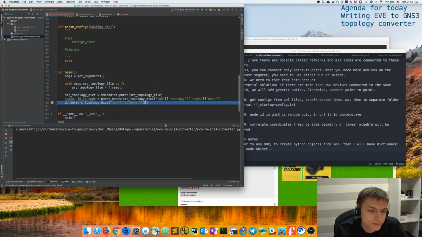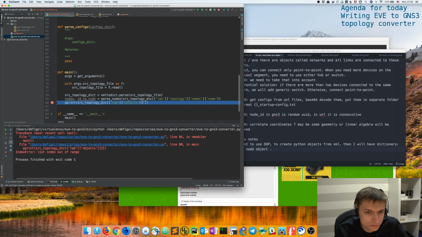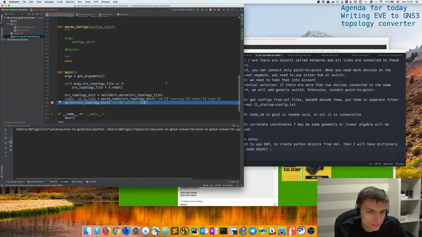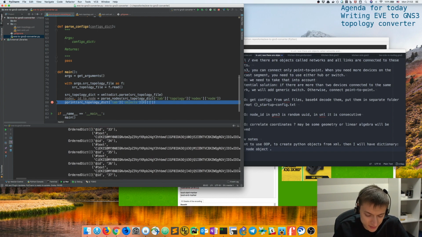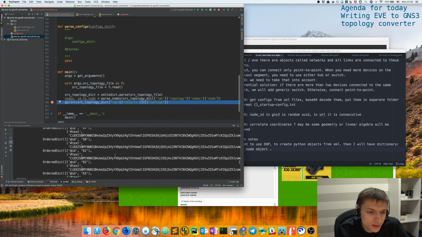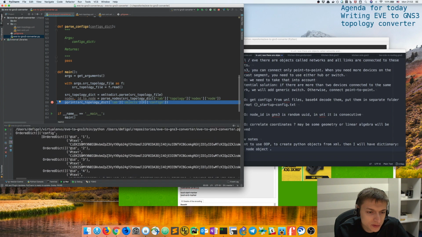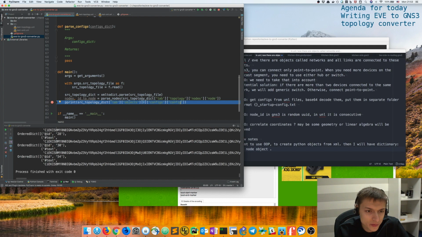Okay, I think it will be like this, and then configs. Yeah, nice. Okay, this is great. So there is configs and then config. Maybe. I think. Okay, great. So config